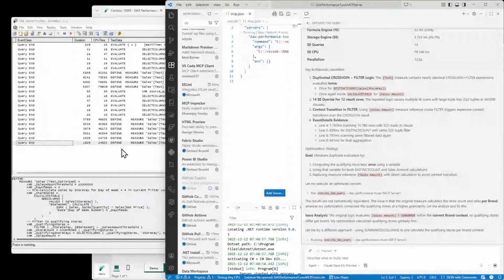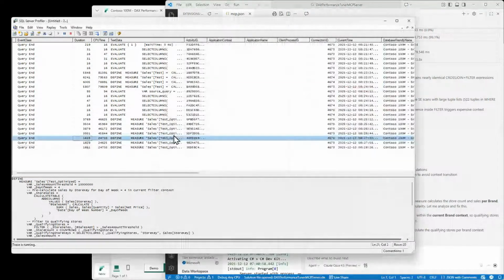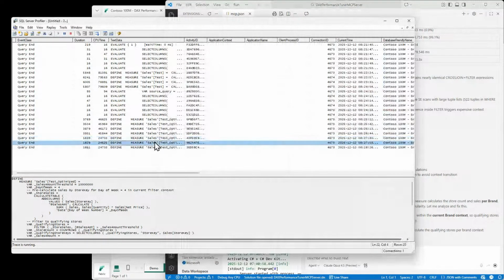So this is chugging away. But now it's down to 1.8, Phil. So it's exactly a new improvement three times. And if I jump between here and here, you'll see that the text is definitely changing. And one of the things that is baked into the MCP server is also to check the results as well, to make sure that from our baseline up here, whatever rows and columns and values got produced here also get